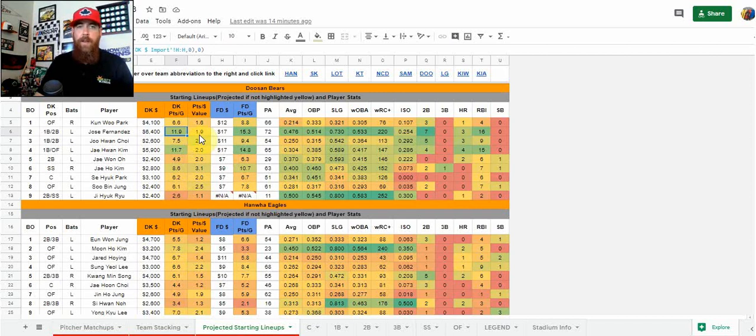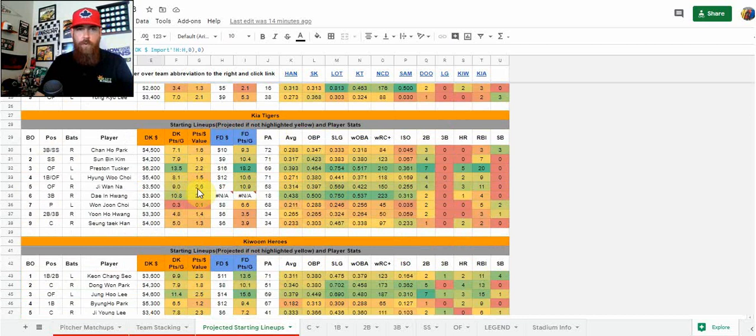You'll get a player that is maybe a high points per dollar because the price hasn't adjusted yet, like Jose Fernandez, Jaewon Kim, for Doosan, their prices are way up there. They're averaging high points per game, and they're still only around 2, just because their prices are kind of at that ceiling right now. Versus if we scroll through here,